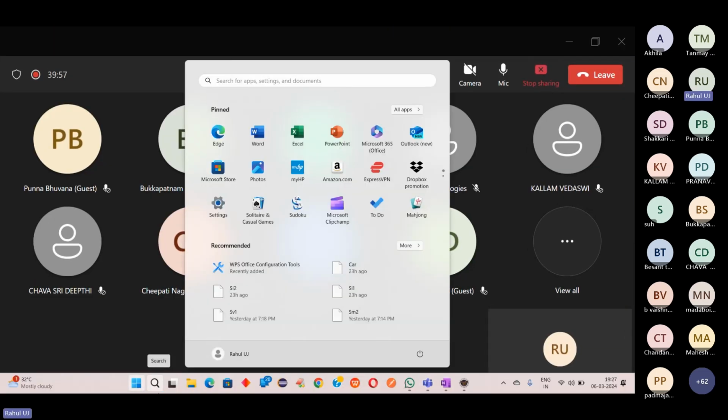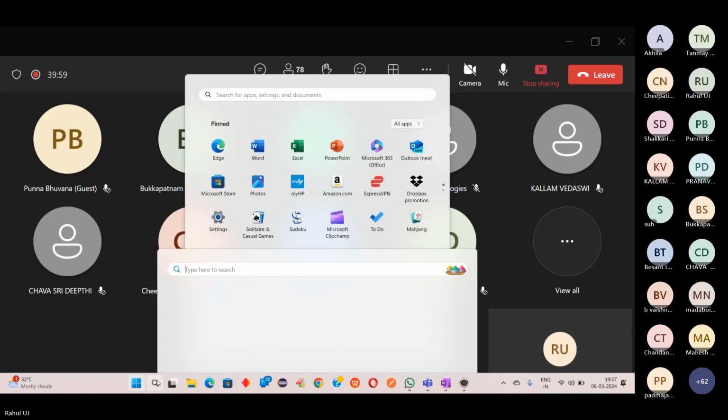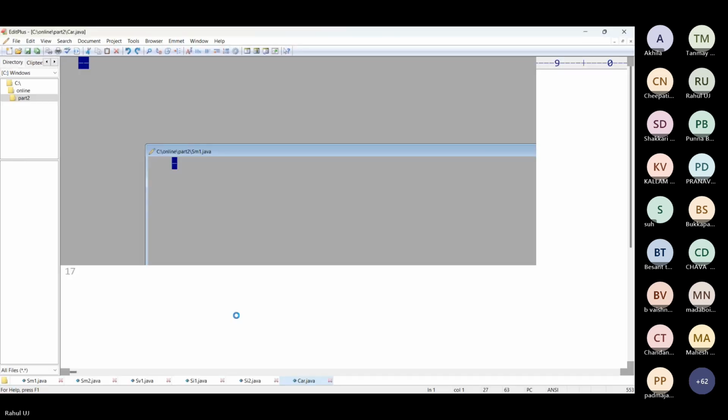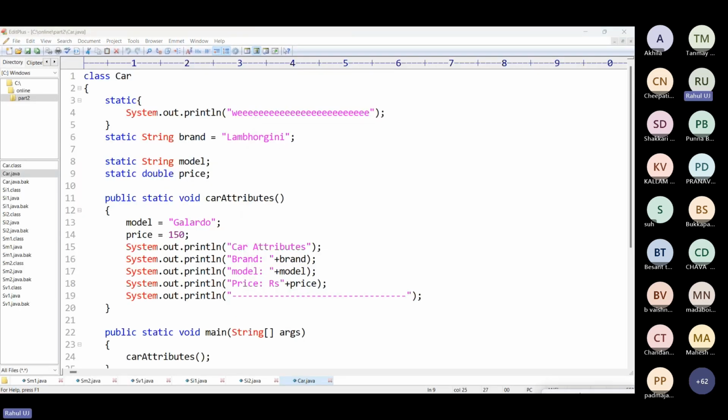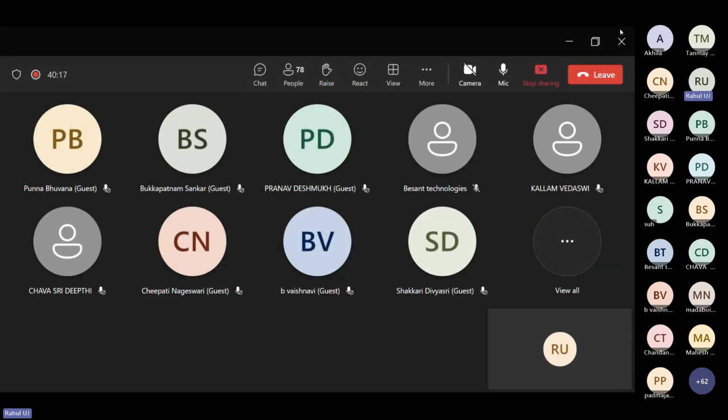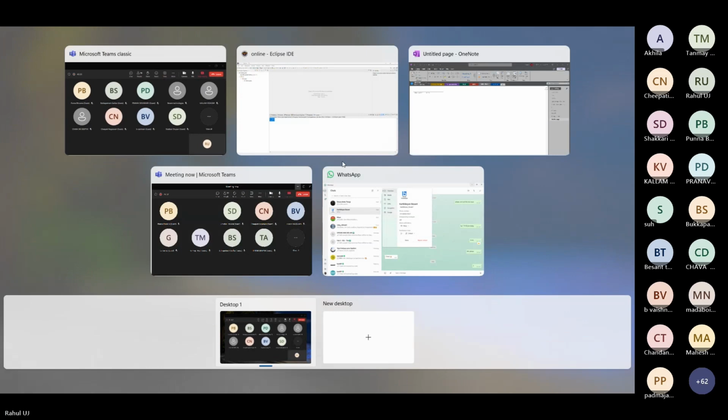For static, I think so. For this, we shall convert this, or we shall learn about objects.